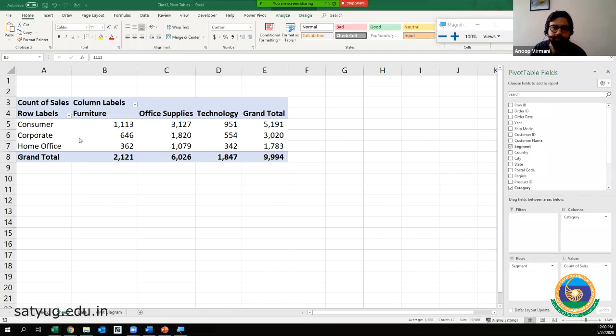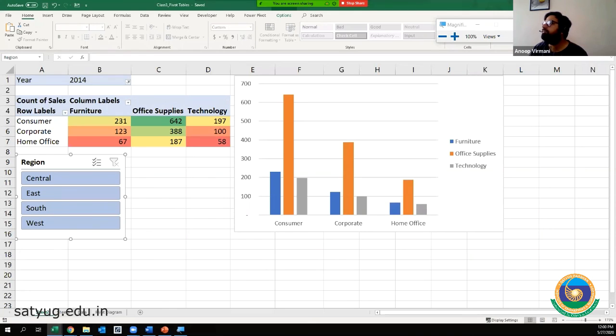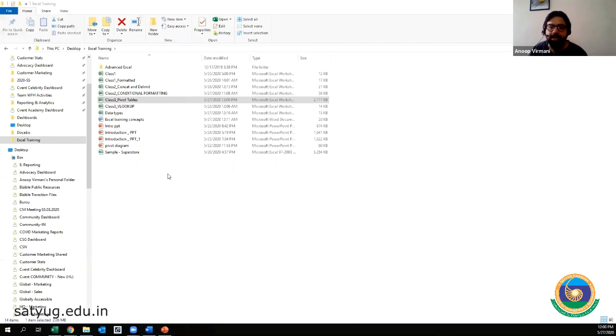Don't keep that confusion with you, because in the long term, that confusion will not be helpful whenever you start working on the files, right? I will be sharing these data files on the group so that you can also work on the pivot tables. And don't hesitate in asking questions.